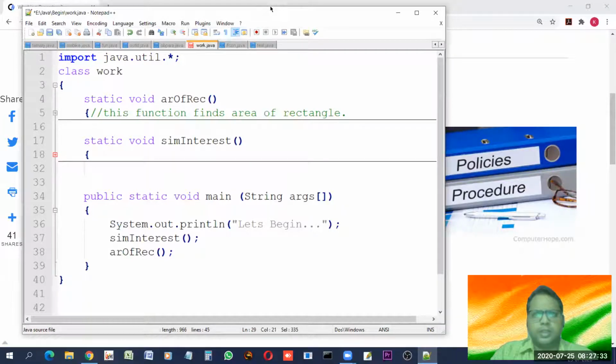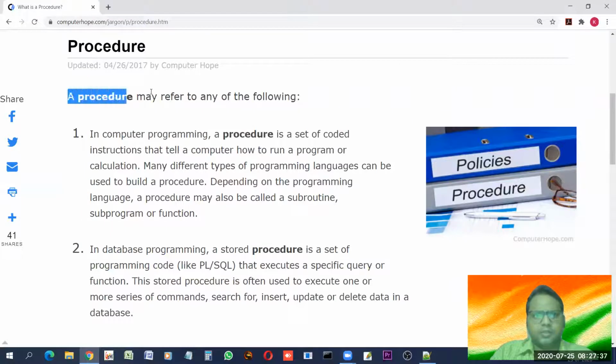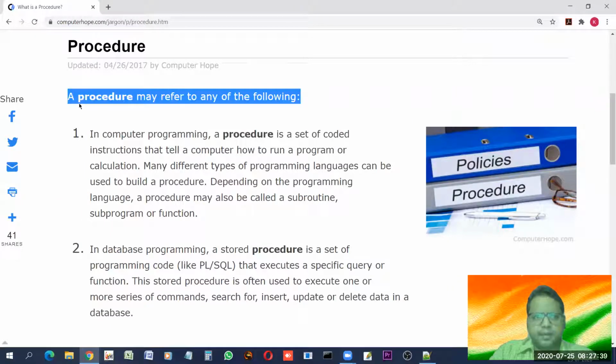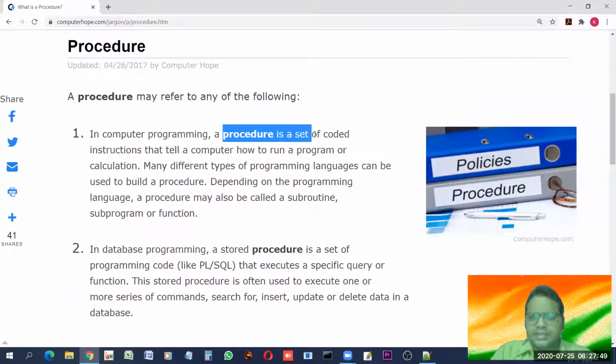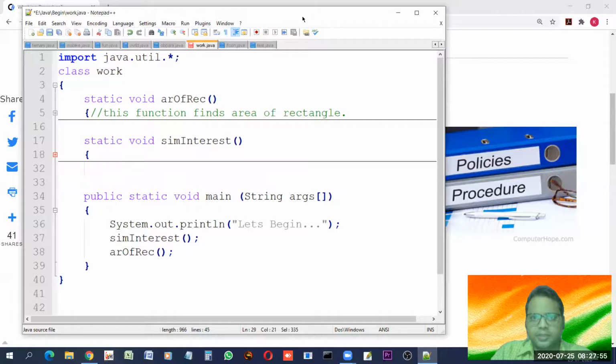Now, let us read the definition of procedural programming. First of all, let us try to understand what a procedure is. In computer programming, like Java, a procedure is a set of coded instructions. Now let us compare this definition with what we have done.